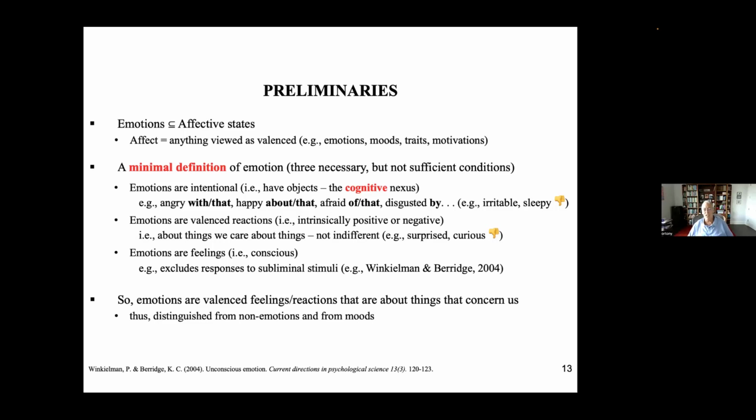There's a lot of discussion and argument about this in the literature, which is one of the reasons I think that there are a lot of problems. I think it makes more sense to say something like, if you're indifferent with respect to something, you can't be emotional about it. That being indifferent and being emotional are antithetical. So emotions are about things we care about. They're things that are of concern to us. And so being surprised and being curious, because they're not necessarily valenced, are not examples of emotions.